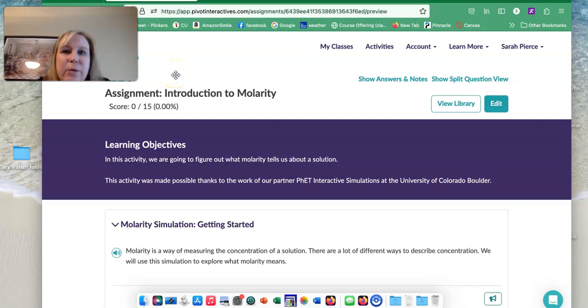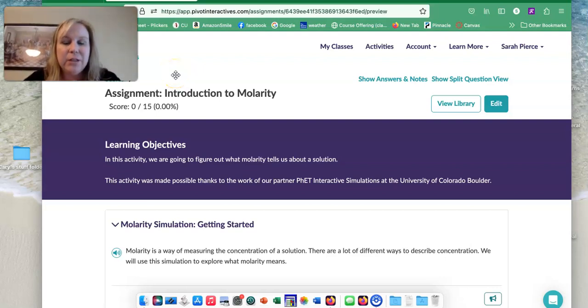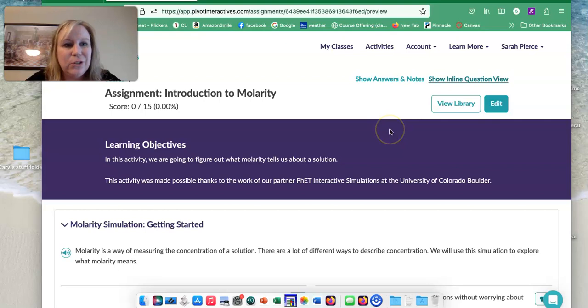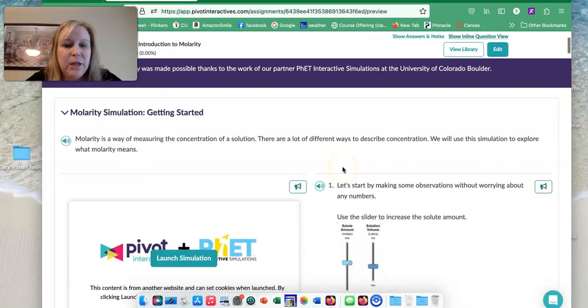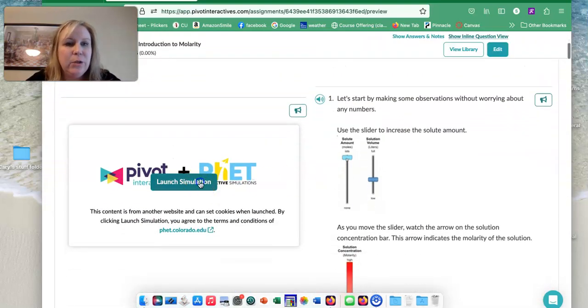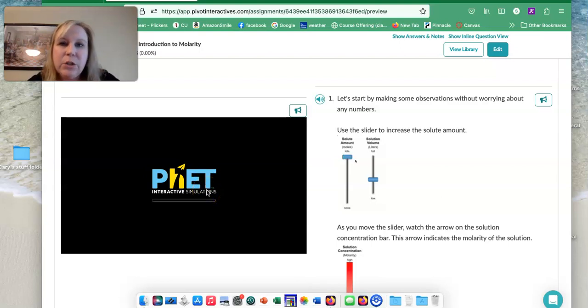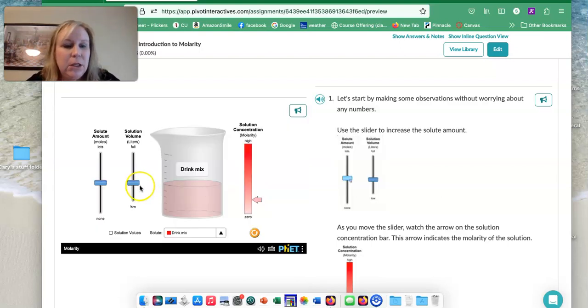So in the lab today, we are going to look at molarity. One of the things that I would suggest is coming here to the split screen question view. It's just going to kind of help that a little bit. When you launch the simulation, what you're going to see with the PhET simulation is drink